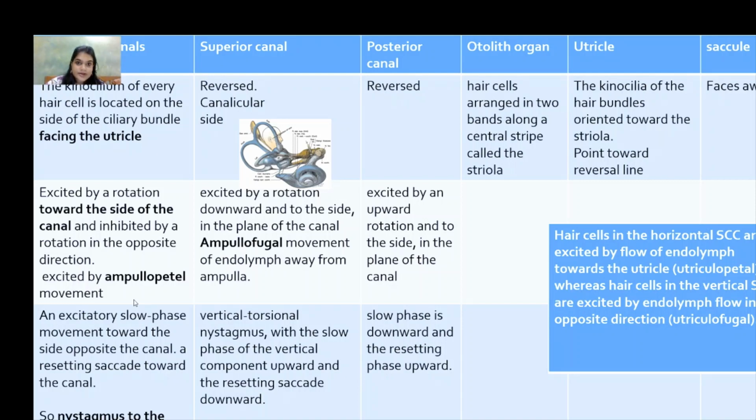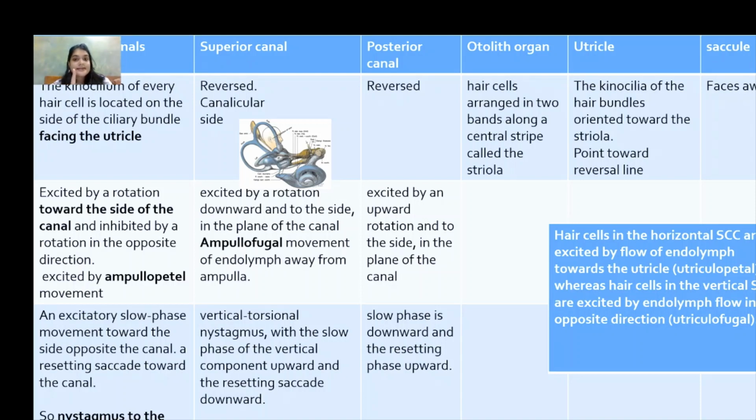What happens when the horizontal canal is excited in the eyes? There is a slow phase of movement towards the opposite side. See that my right horizontal canal is excited. There is a slow movement towards the left side, and a fast repositioning movement towards the right side. The nystagmus is named based on its fast component. So when the right canal is stimulated, the patient will have a right-sided nystagmus.